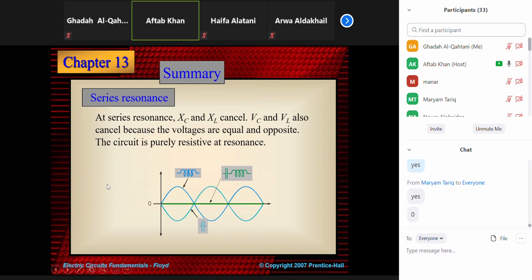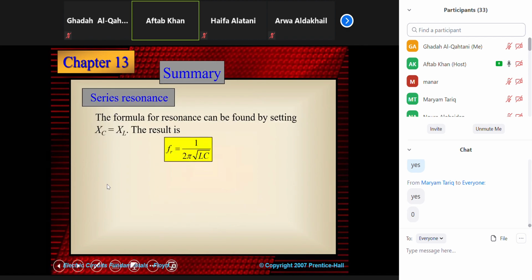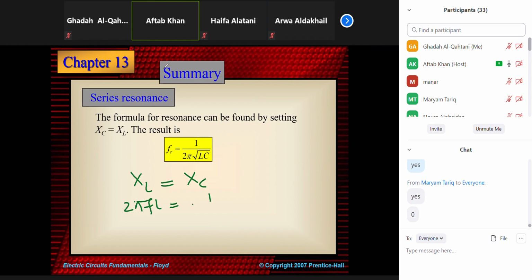This is the concept here. So the algebraic sum is 0. Now guys, another thing: what is the condition of resonance? We call that XL is equal to XC. We know that 2 pi FL is equal to 1 over 2 pi FC. Guys, just cross multiply. When you cross multiply, you will get F. We will give it the name FR, and it is equal to 1 over 2 pi under root LC. This is called the condition of